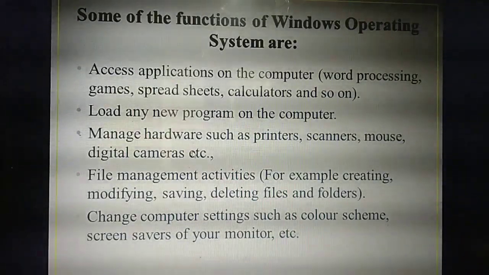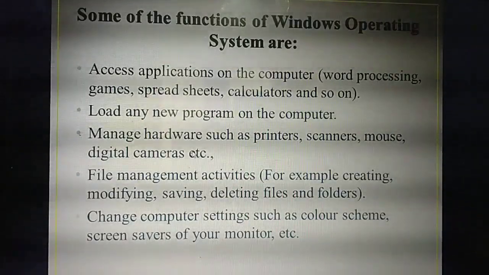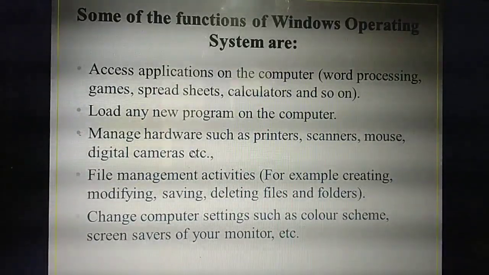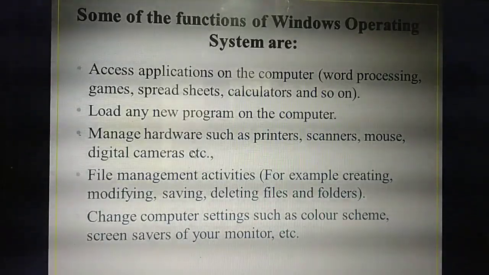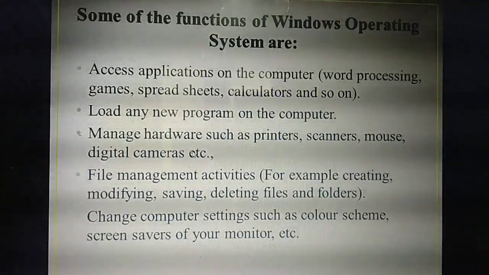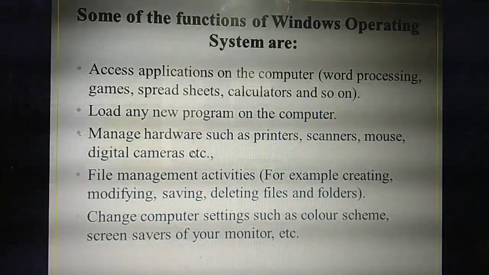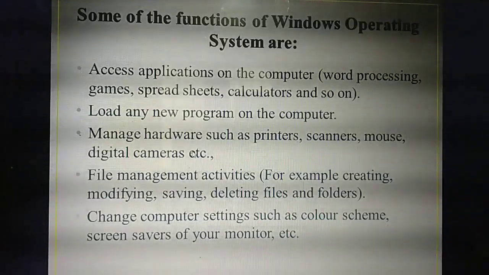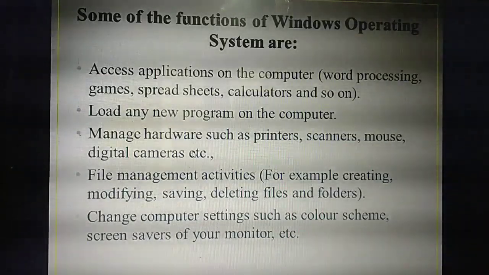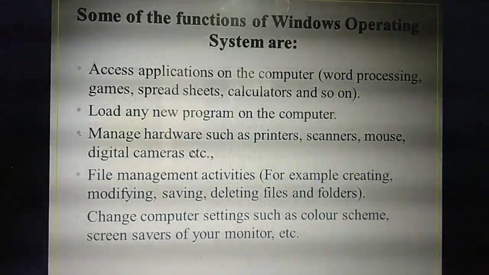Likewise, in a computer also you can change the color scheme, various colors, and also screensavers. What do you mean by screensaver? You know, in a mobile phone there is a screensaver, isn't it? Likewise, in a computer also you can use screensavers. So all these functions are controlled by whom? Operating system. So this is a very, very important question.